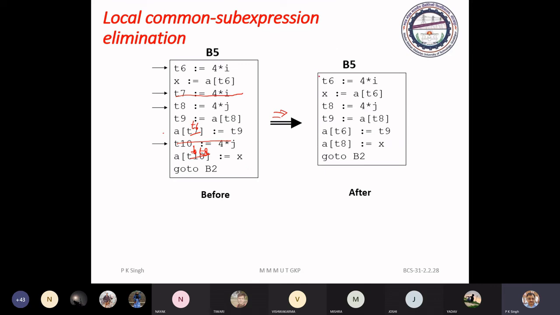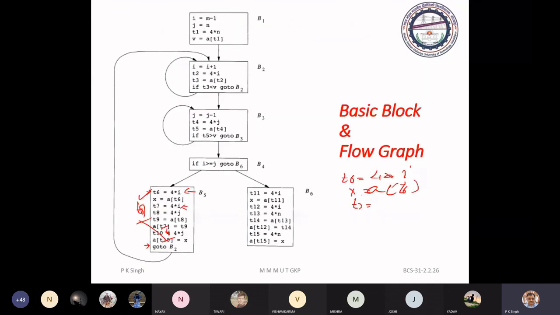So now this will be the code after. Now come to the global common sub-expression. Here. Now see, you have T6, this T6 as well as T8. These two are available. But if you go back, here it is computing T2.